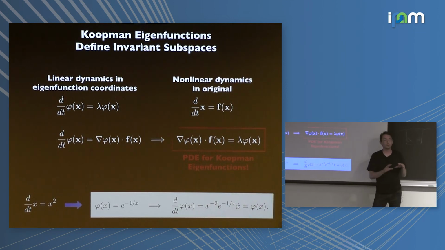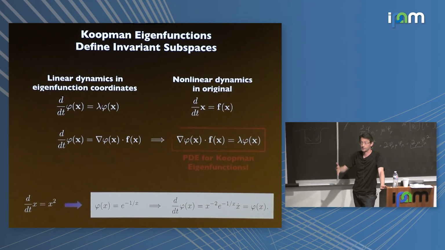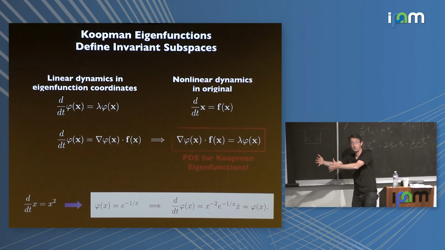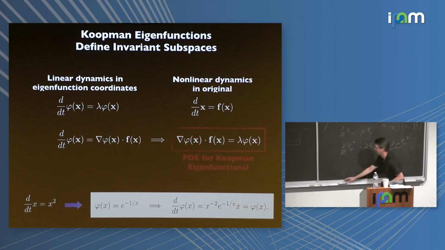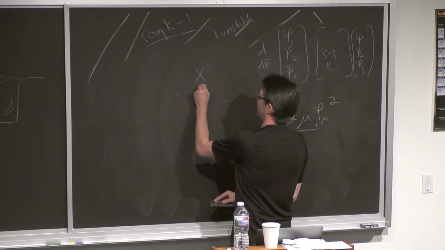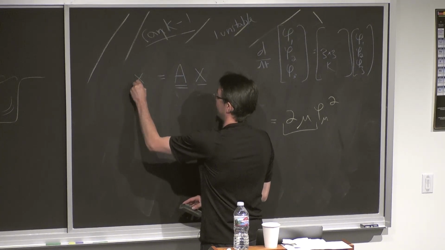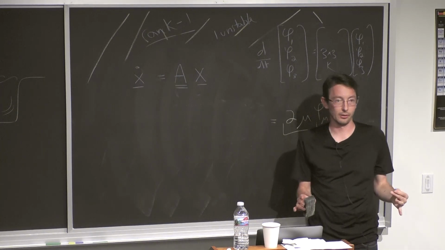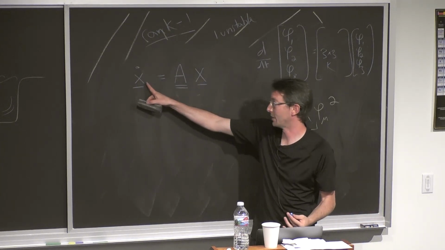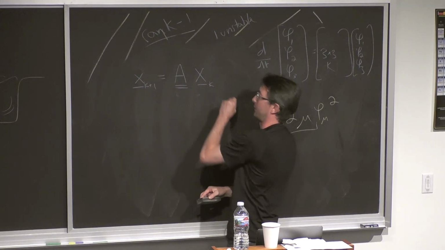And I'm glossing over most of the details of how we actually compute these. I'm hoping during the actual workshops you hear lots more technical depth of the algorithm. So there's an algorithm somewhere between DMD, which I showed you, and this Koopman theory. So what DMD does is it takes x, and I'm going to put everything in continuous time for a minute, it tries to build x dot equals Ax, linear in the state. Or x at time k plus 1 equals A times x at time k. Let's make it like that, discrete time. This is what it actually does.